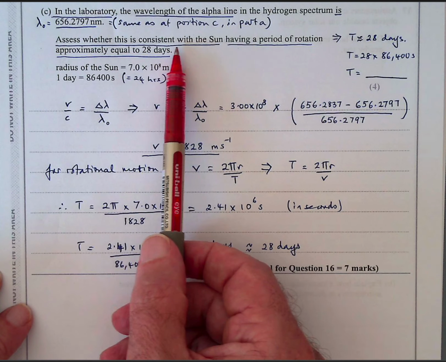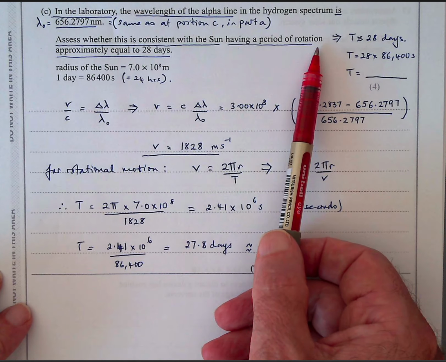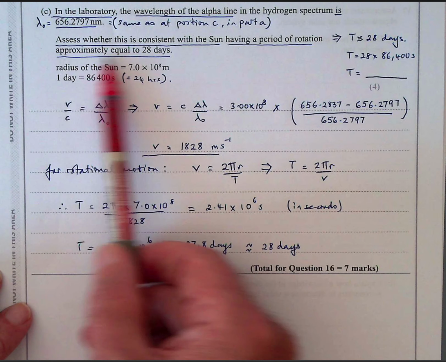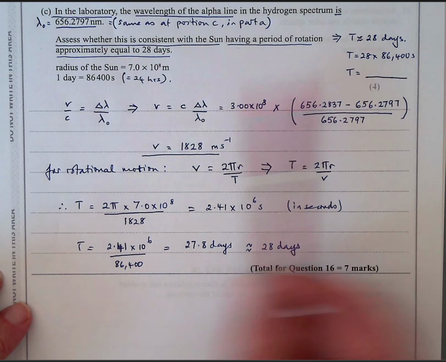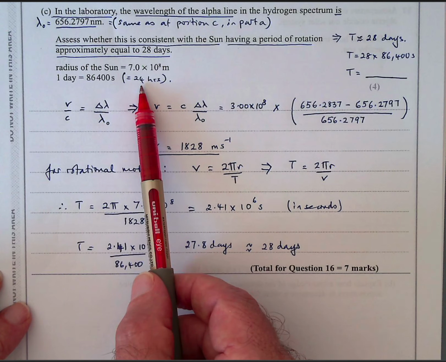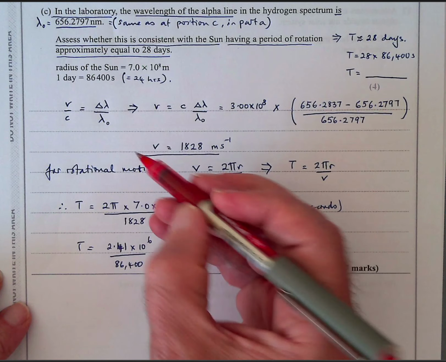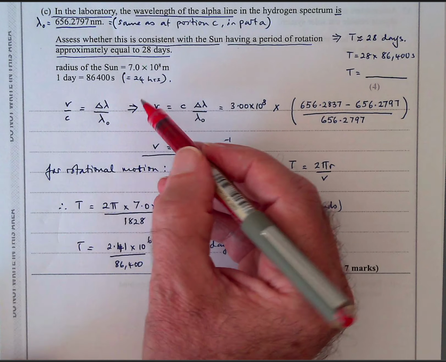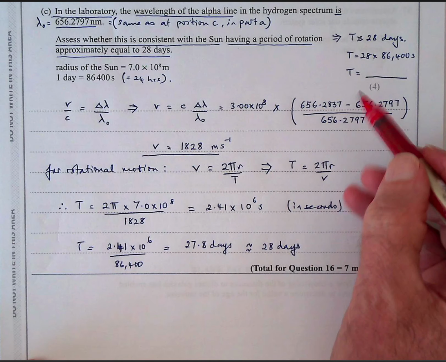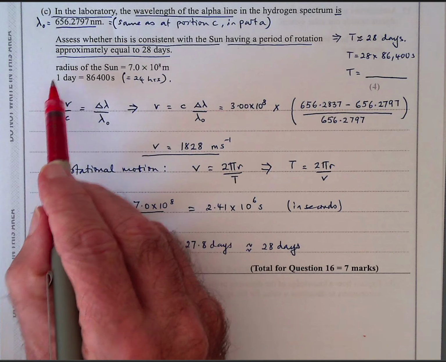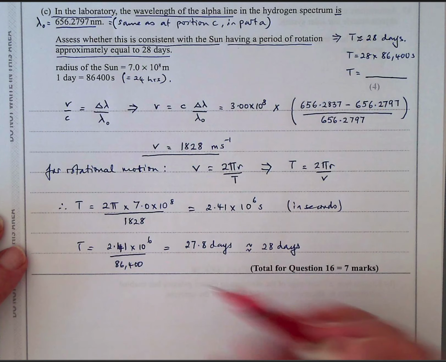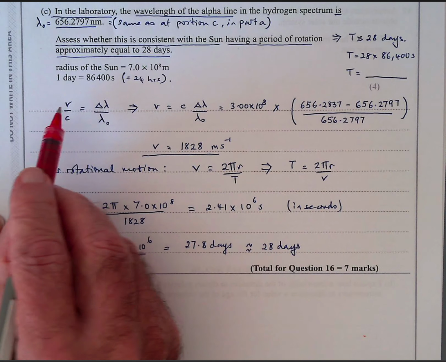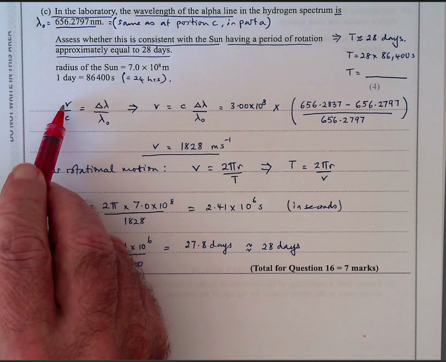Assess whether this is consistent with the sun having a period of rotation of approximately 28 days. Well, you could work it out in seconds, but you don't need to, okay, because they told you how much a day is in seconds, 24 hours. Okay, so they're giving us a radius of the sun, so we've got to work out the period of rotation and see if it matches. Well, we know these equations from the equation sheet, that the velocity of the rotation, if you like,